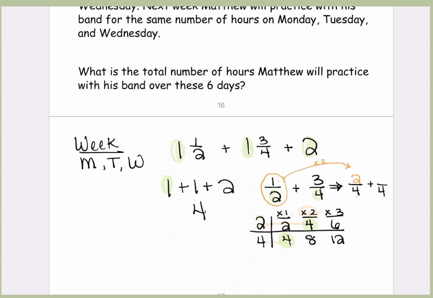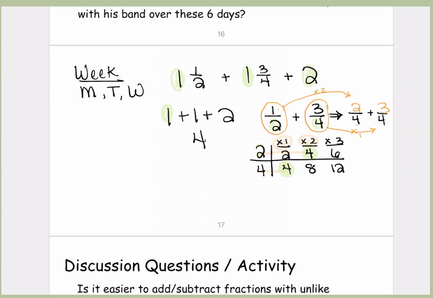Well, this is times 1, so I don't need to change the fraction at all. I just take this entire thing and multiply it here times 1, which is the same as 3/4. So from that, now I have denominators that are the same. I have 2/4 plus 3/4, which gives me a total of